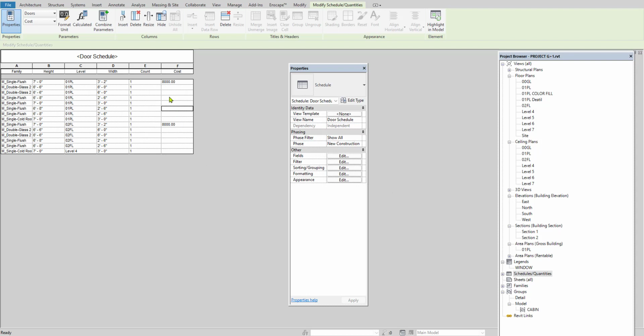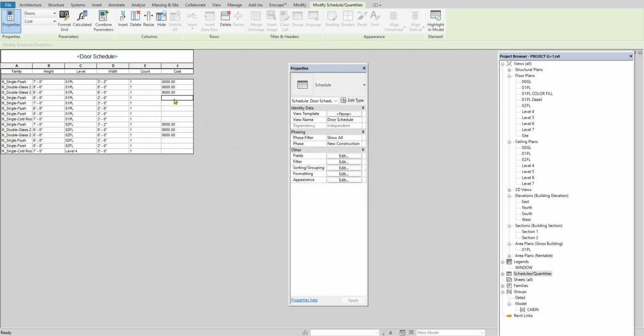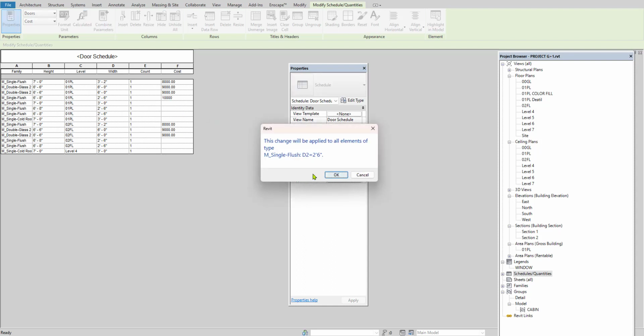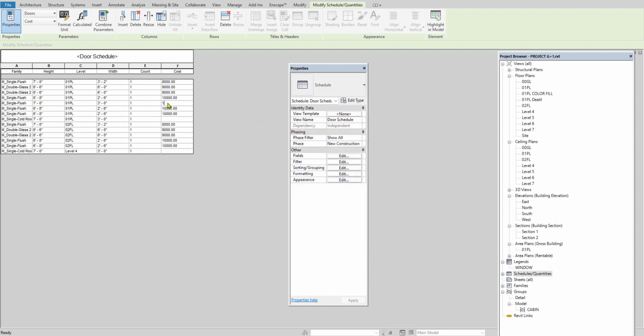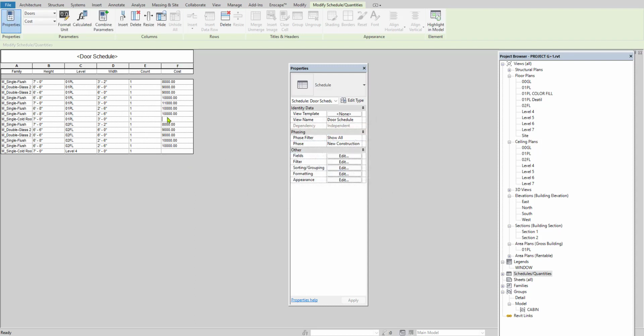So it copied to the other families, and then for the next family you can keep 9,000 and say OK, and for the next family you can keep 10,000, say OK, and 11,000, say OK. Like this way you can put the cost for each family whatever you have by referring to the schedule and rate book. Okay.